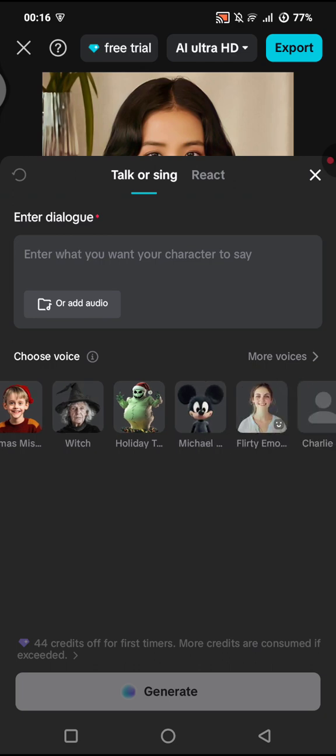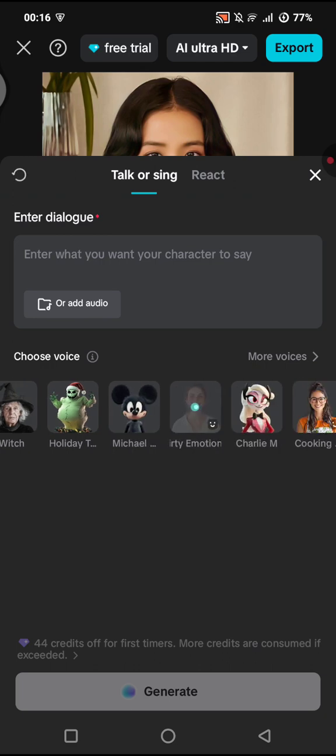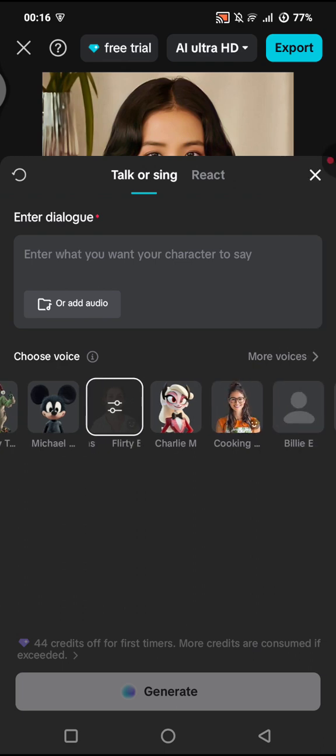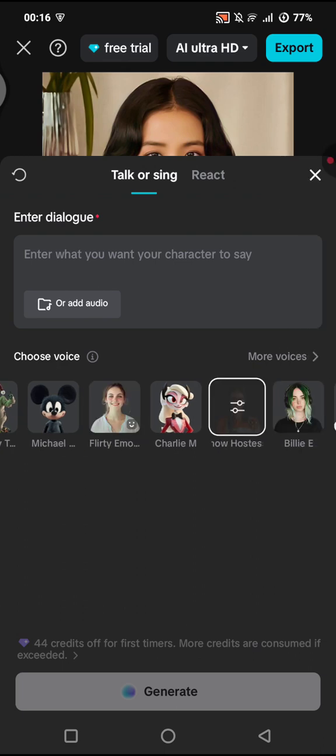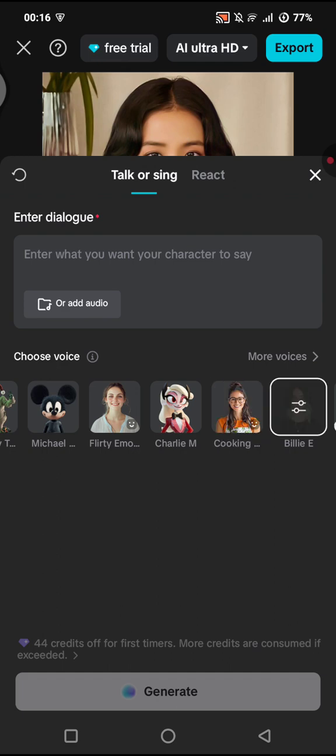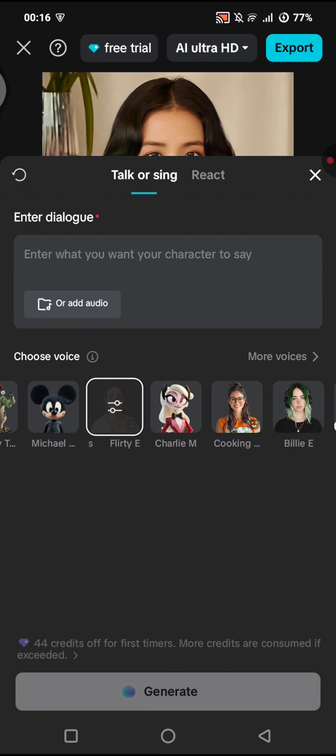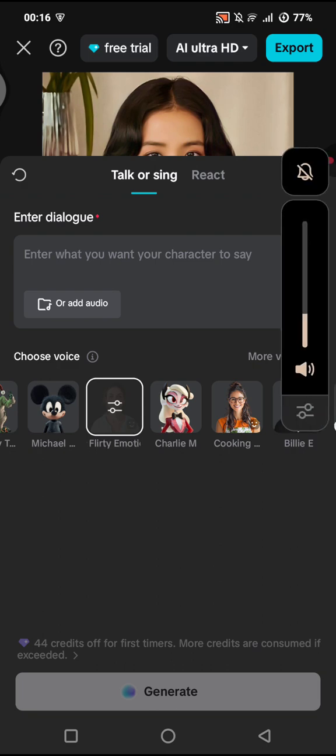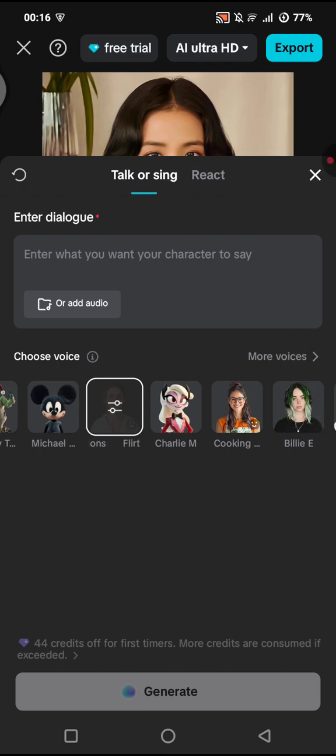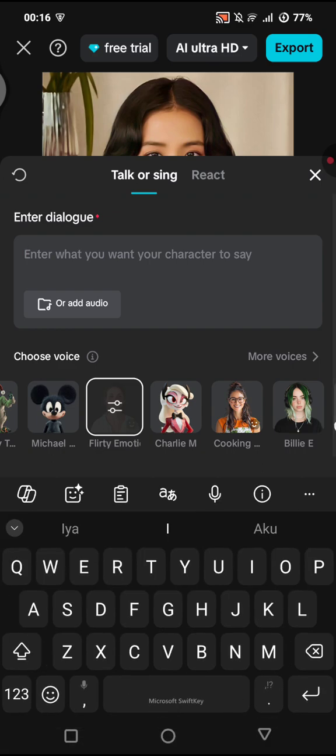Enter what you want your character to say. I'm going to just go with this emotion. Now you can just enter what you want your character to say, or you can also add audio if you want the character to sing. So I'm going to just